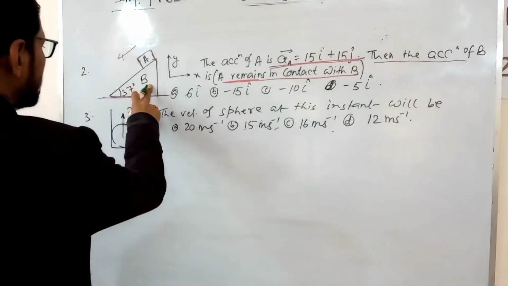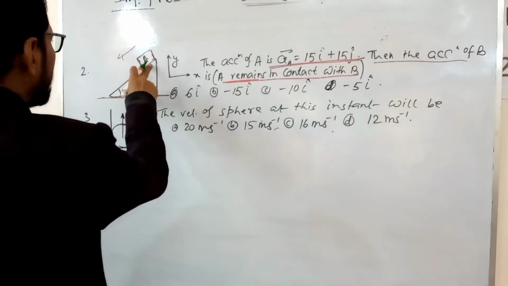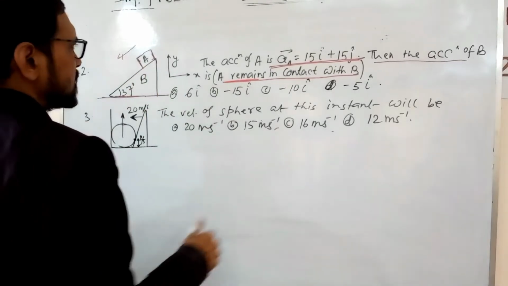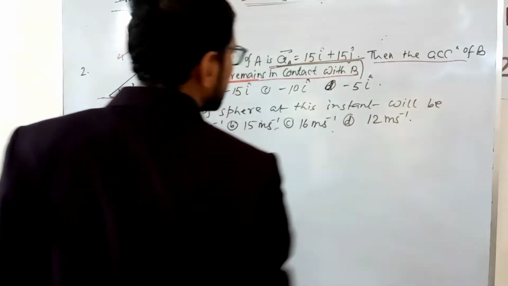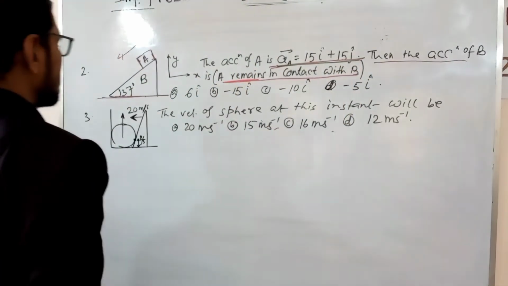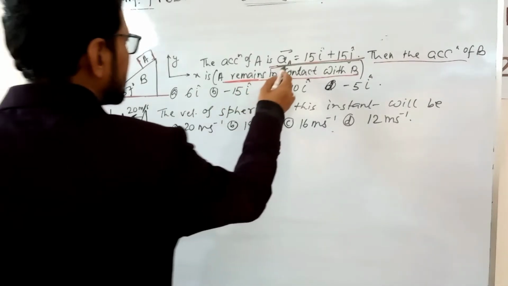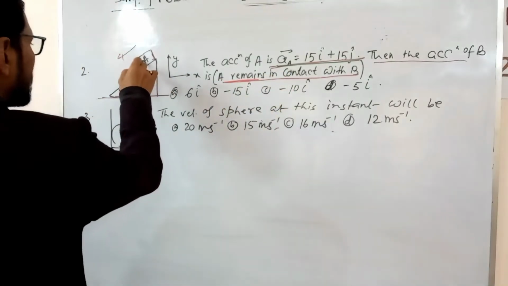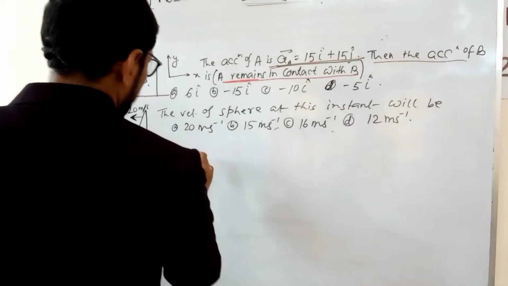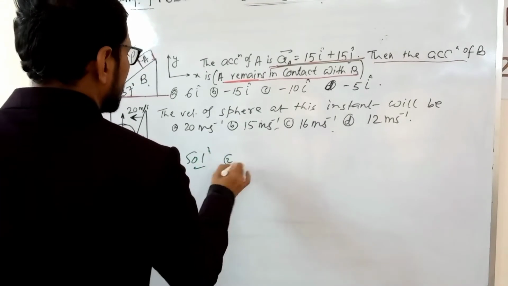This is the incline, this angle is 37 degrees, and block A is placed on the incline. The acceleration of block A is given, then what is the acceleration of B? Now given the acceleration of A, what is the acceleration of B? So solution of this,